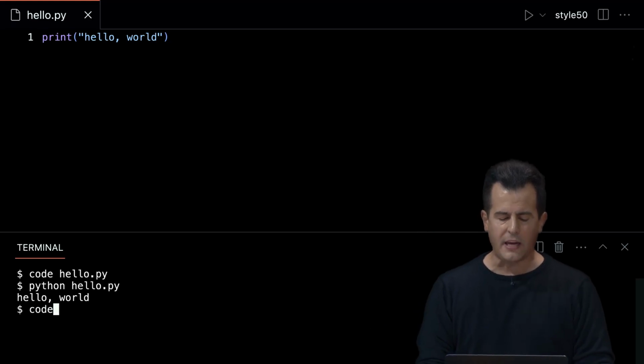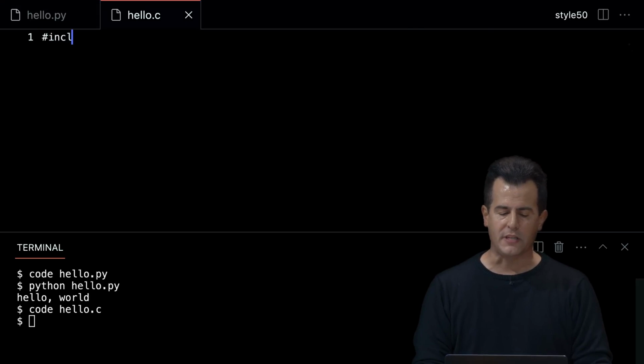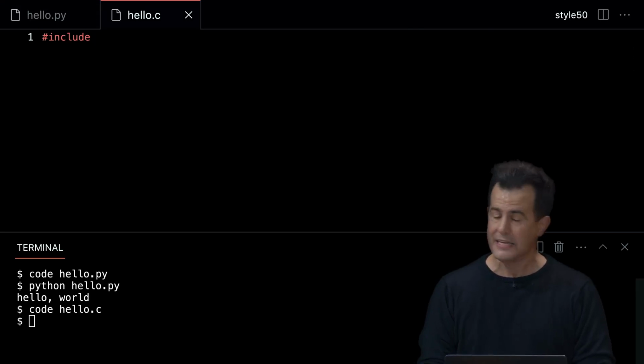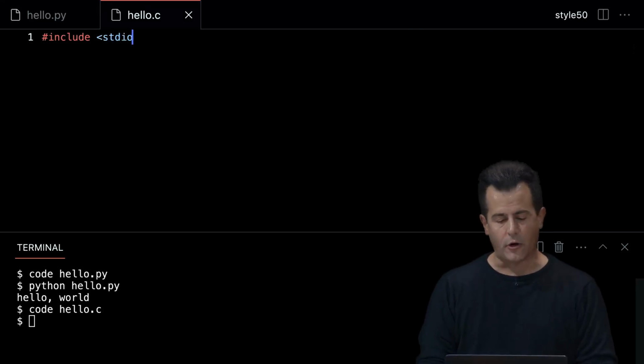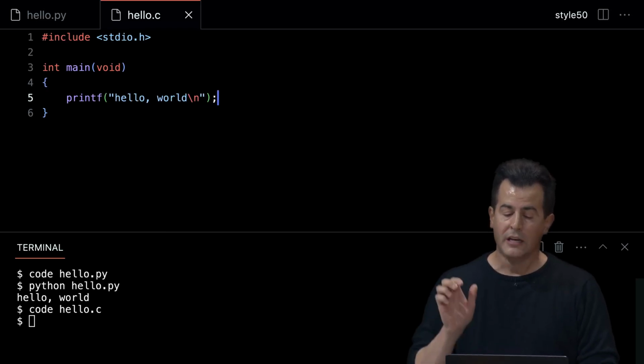Let me also go ahead and bring back briefly a file called hello.c. And I'm going to do this as we did in the very first day of C, where I included stdio.h. I did int main(void). I did inside of there printf("hello, world\n");